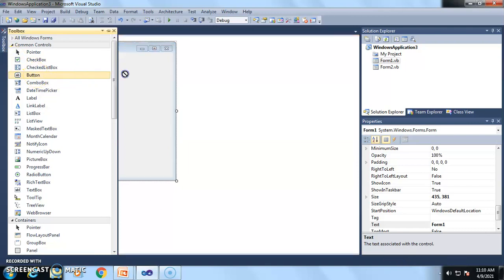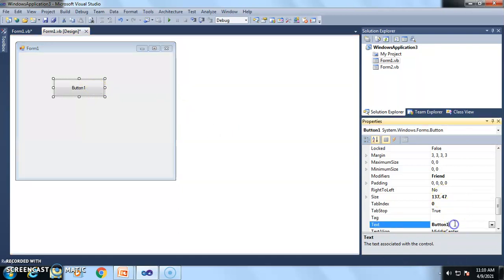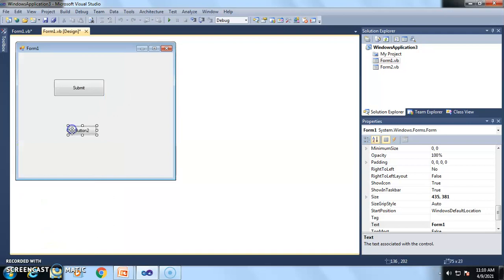Now we drag and drop two button controls in this window form. Now in this control's text property we write submit. Now we drag and drop another button control in this form.